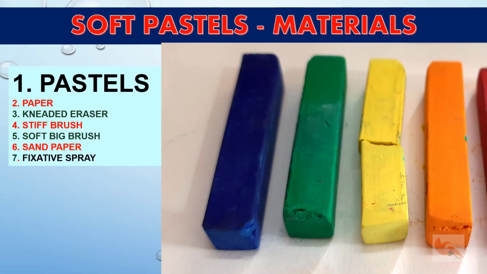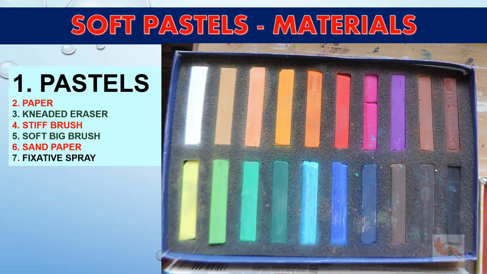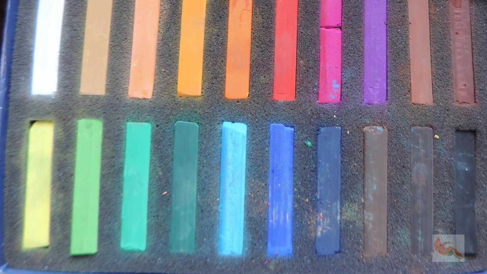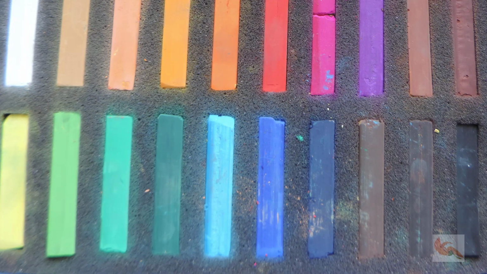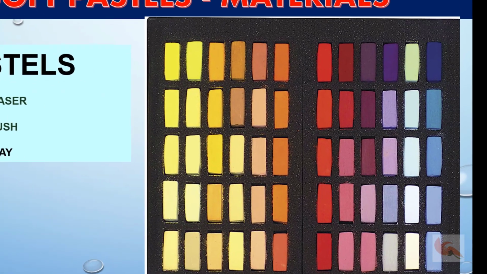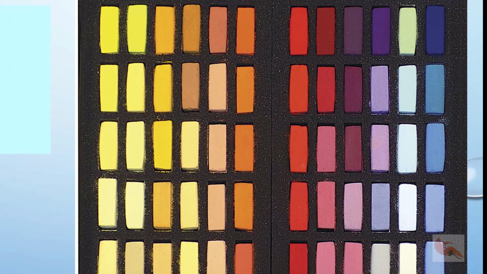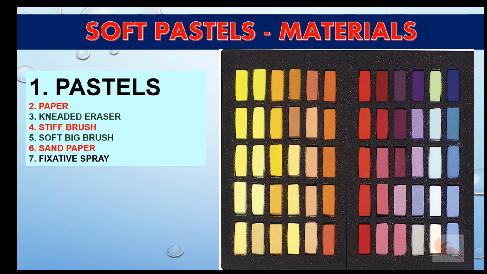You can find all the varieties in square as well as round shapes, large and small in size. But the soft pastels mostly come in square shape. Moreover, you can choose from as many as 300 shades or even more if you please. But I feel too many shades just ruin the fun of playing with colors.